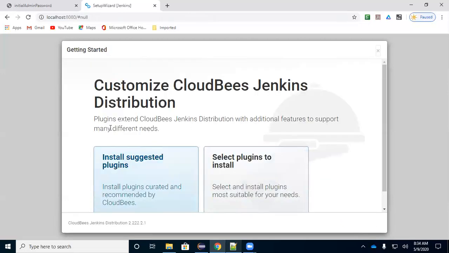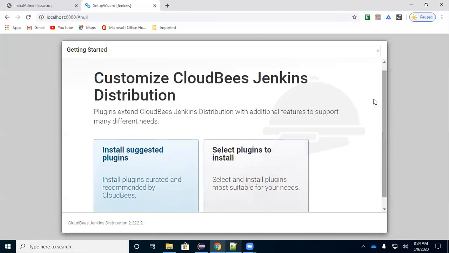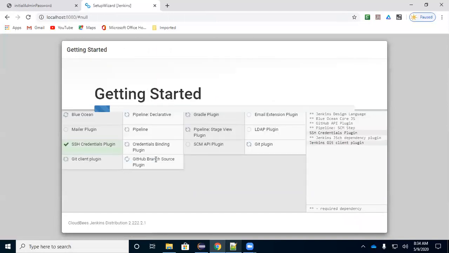Here we have the customized CloudBees Jenkins distribution, and Jenkins is suggesting that you install some suggested plugins. So it's better to use install suggested plugins. Just click here and it will get started.